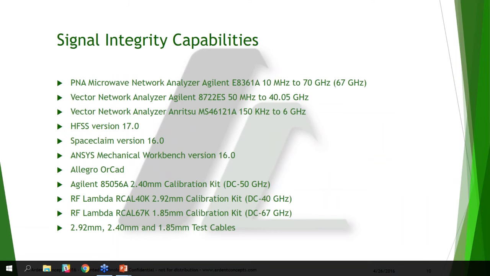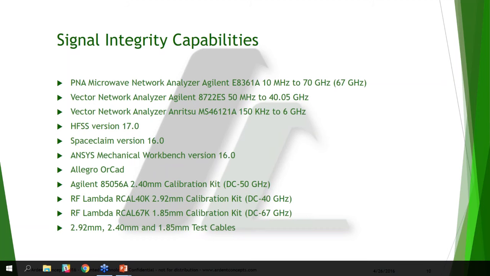So as I led off saying, signal integrity was our number one characteristic that we wanted to be sure we got right. And in doing so, we've acquired some tools and some resources to do that. We have a full-time signal integrity engineer right now. We also have a consultant that we use. We have 3 network analyzers, one out to 67 gigahertz. We have HFSS here, version 17, and all the tools to bring models from SolidWorks into HFSS even after they're